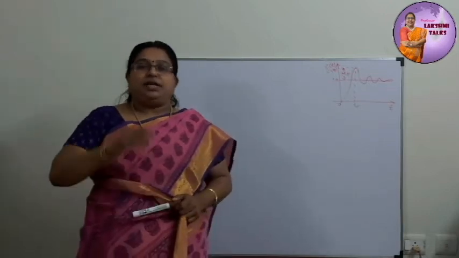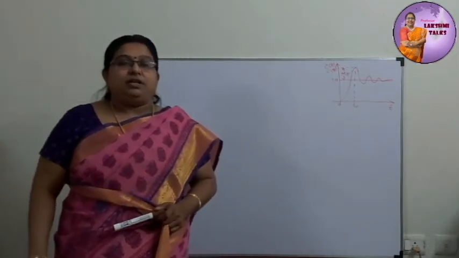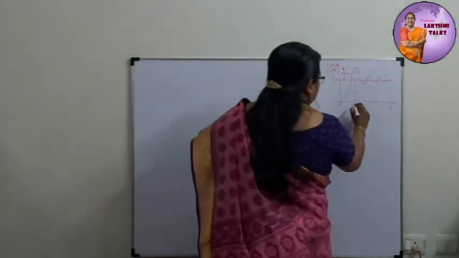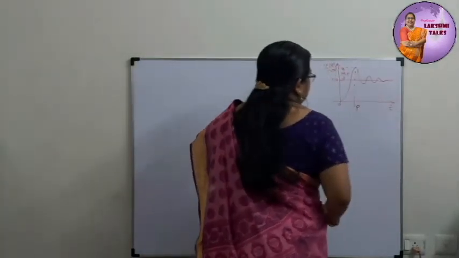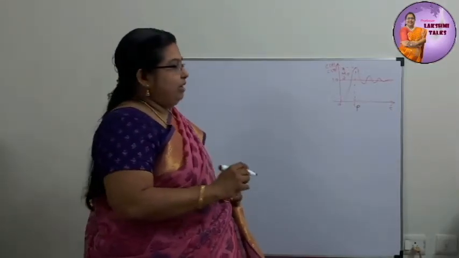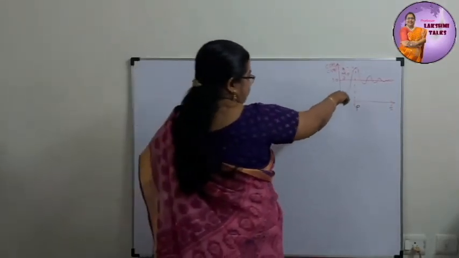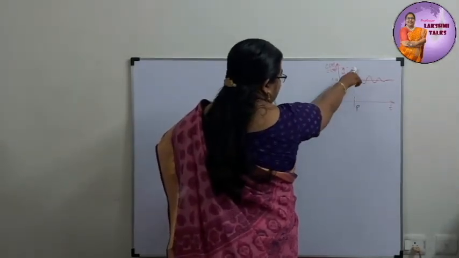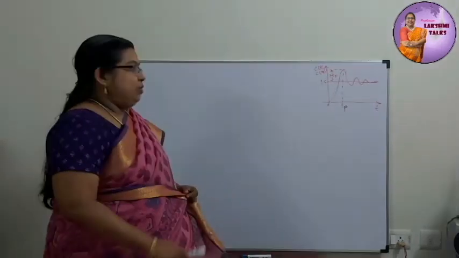Hello students, in today's class we will see the derivation for peak time. Okay, so we know this is the second order underdamped system's time domain specification, right? This graph shows the specification, and we know that peak time is nothing but the time taken to reach the peak value. So what is the peak value?